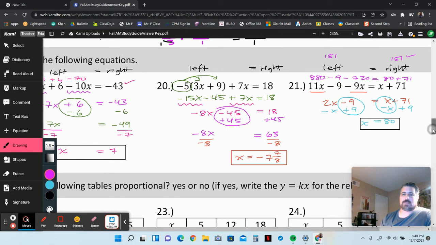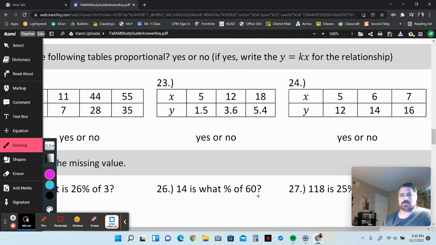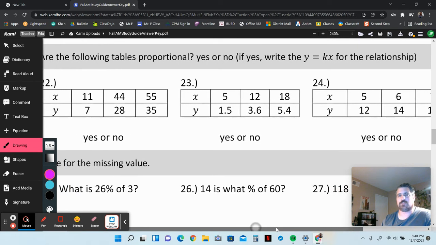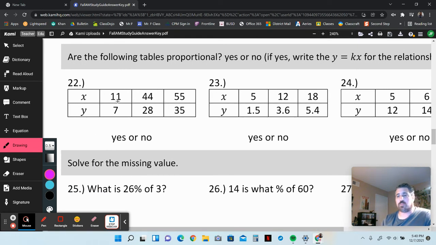All right, let's do this one here. So this next one says, basically, is the table proportional? If it is proportional, then write the y equals kx for the relationship. So really, in a proportional relationship, what you're checking to see is whether the ratio of y over x is always the same, right? So k is supposed to be equal to y over x, and that should always be the same. So 7 over 11, is that the same as